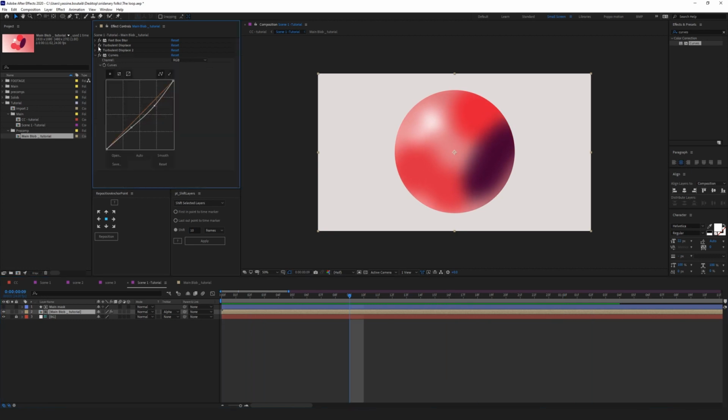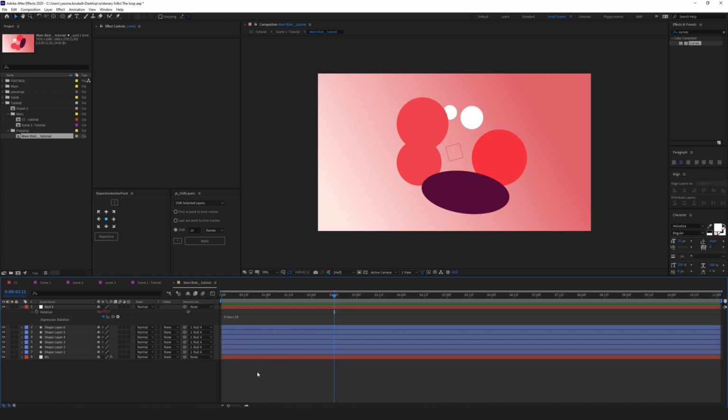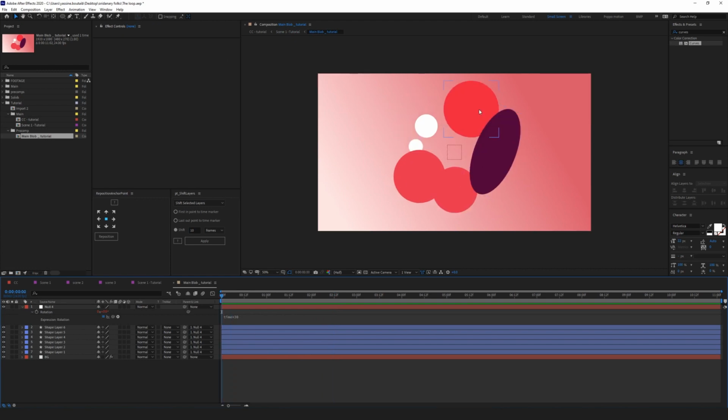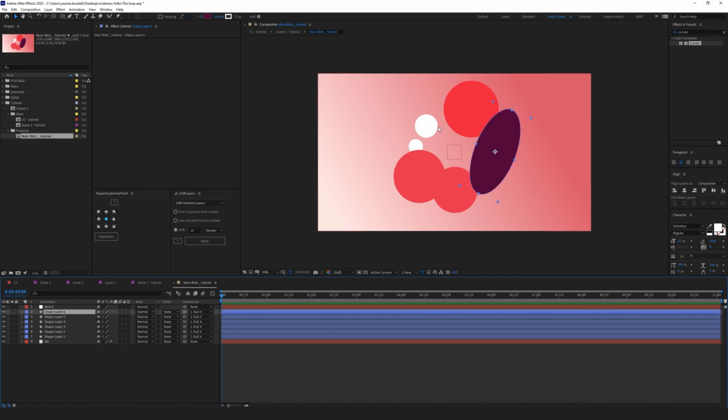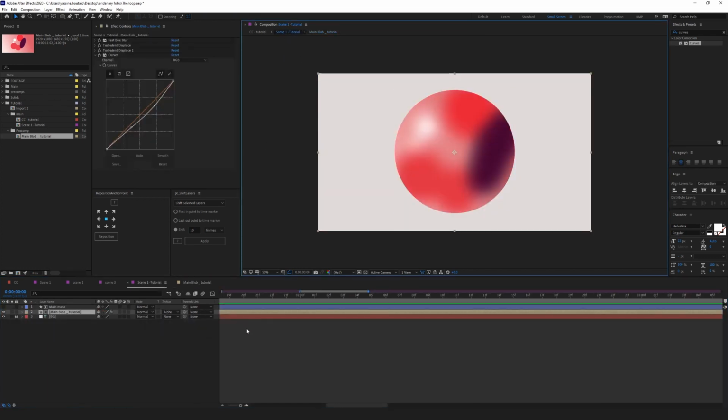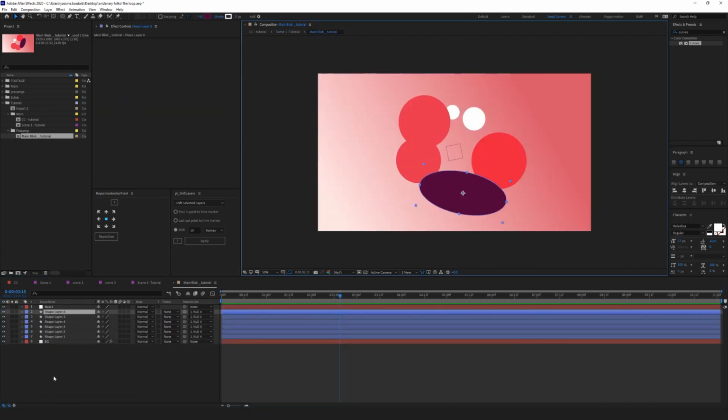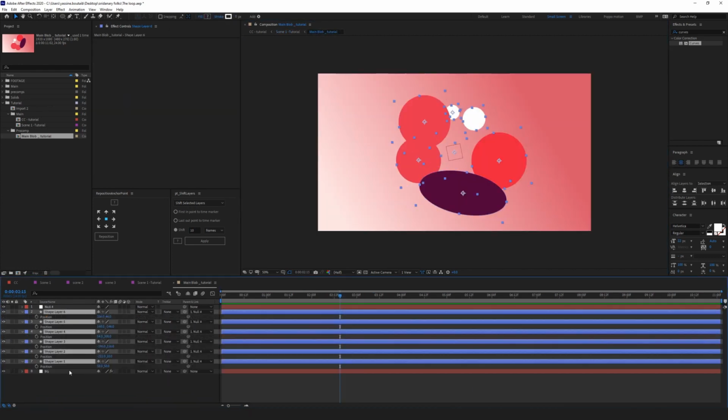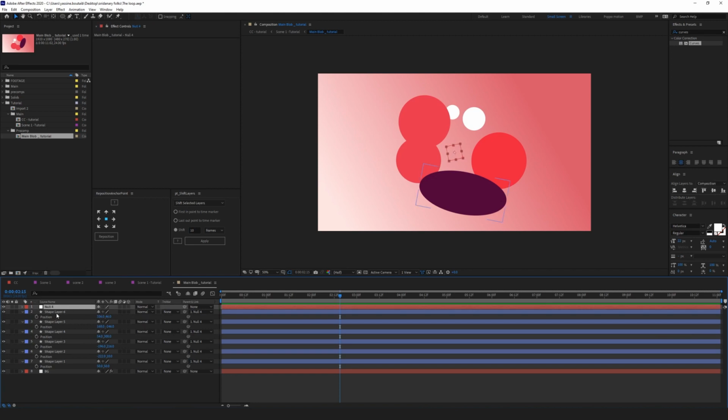So if we don't apply our turbulence, this is how it's gonna look like. But now that we have our turbulence in, it's more organic like. But that's not enough. What we're gonna do is try and add effects to these themselves. We have to make them move so that it doesn't look like it's just a sphere rotating around. So I'm gonna go inside, bring the position of every single one of them, but I'll focus on this one. Let's just call it the purple.